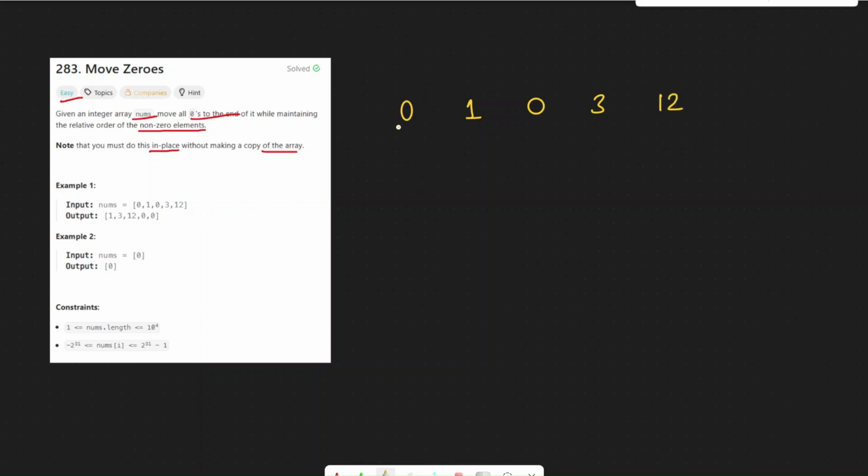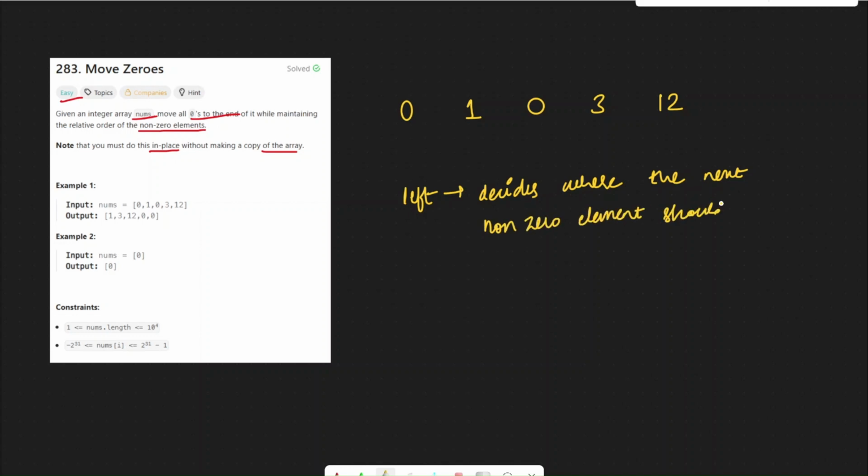This is our array. Now we're going to use the two pointers method here because that is the most efficient way to solve this problem. With two pointers, we will define pointers left and right. The left pointer decides where the next non-zero element should go.